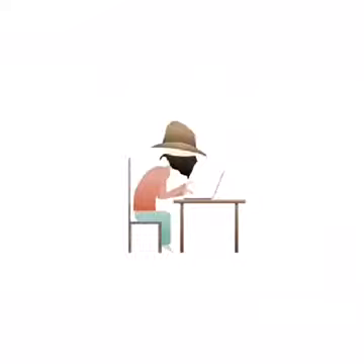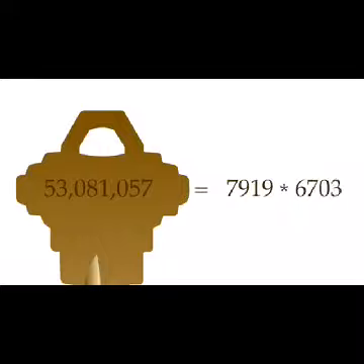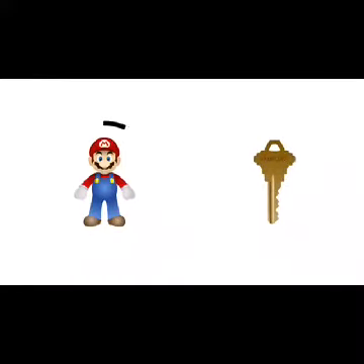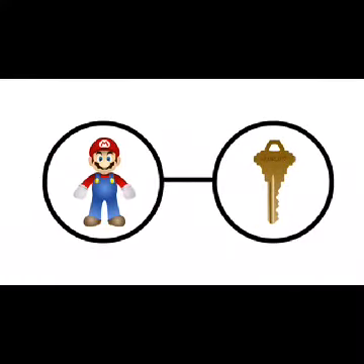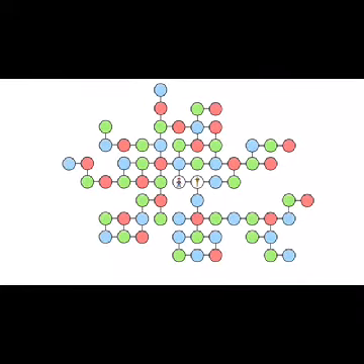So, who really cares about Mario? I mean, it's just a game, right? Well, what if I told you that hard Mario levels are all that stand between a hacker and your bank account? Don't believe me? Well, we rely on something called encryption to protect all of our digital information. Most encryption relies on the fact that breaking a number into its prime factors is hard. But if we can easily determine if a Mario level is beatable, that would also mean that prime factorization is easy. How these two are connected is a topic for another time, but studying these types of problems helps us to see the underlying way in which problems are connected.